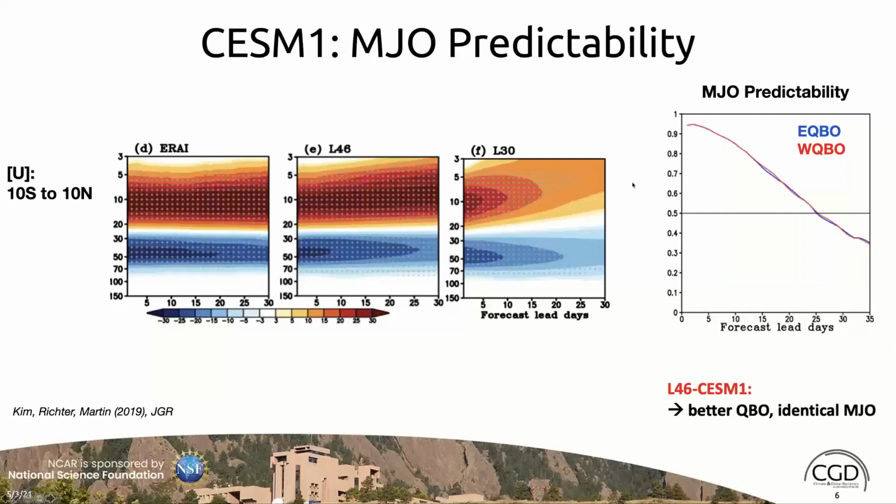What I suspect happens is that although our low top model does not simulate the QBO and doesn't have a great stratosphere, when you initialize it, the stratosphere is very slowly evolving. So the initial conditions hold pretty well into week 3-4. What you see here is zonal mean wind between 10 south and 10 north, composited on the particular QBO phase. So you do see the degradation in the 30 level model. However, the sign of the anomalies is correct. And I think as you go out to seasonal timescales, the skill between these models might continue to diverge. But at those earlier timescales, we really have not noted any notable difference between the model versions.